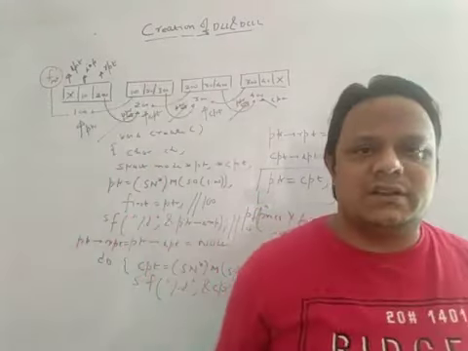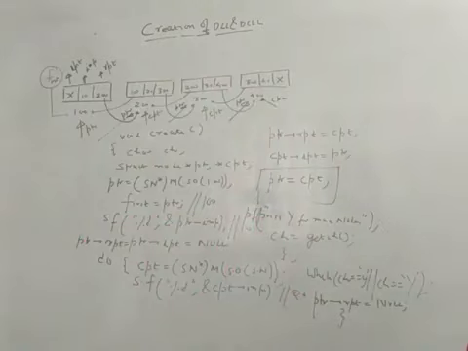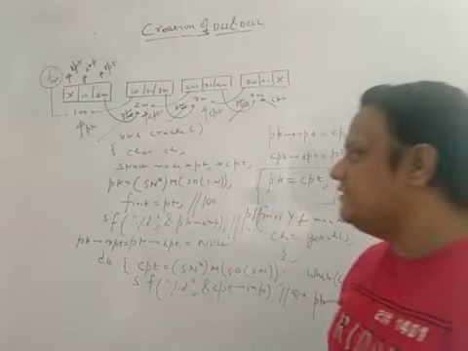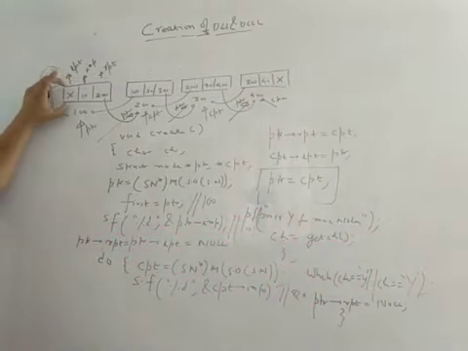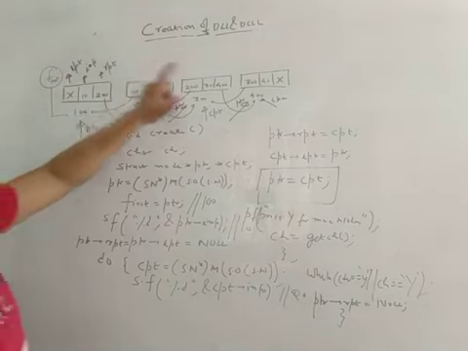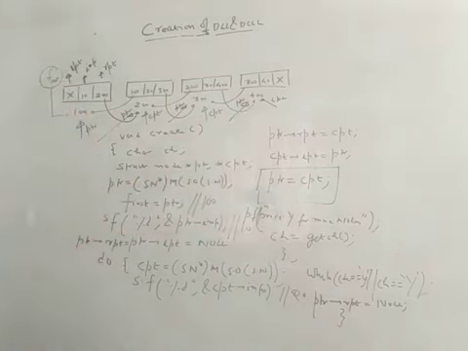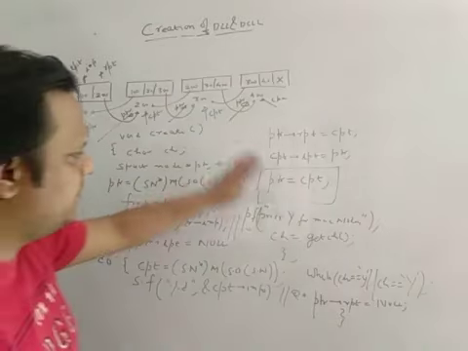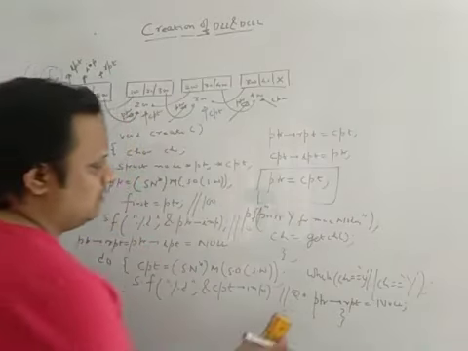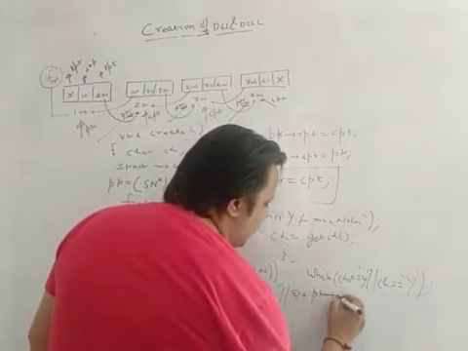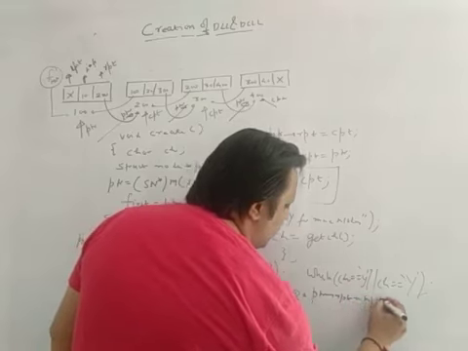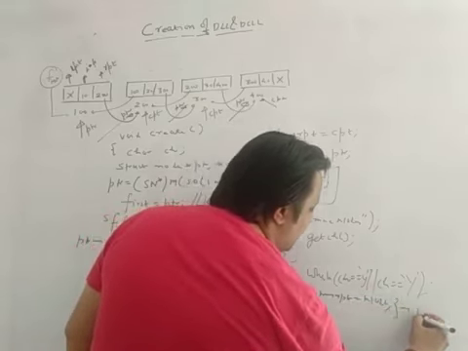Now let's try to convert this same code for your doubly circular linked list. So what changes do you think you're going to make? If this is my first node, you know that the first node LPT should contain the address of the last node, and the last node RPT should contain the address of your first node. This code will be the same, but the last statement, PTR arrow RPT is equal to null, is the code for your doubly linked list.